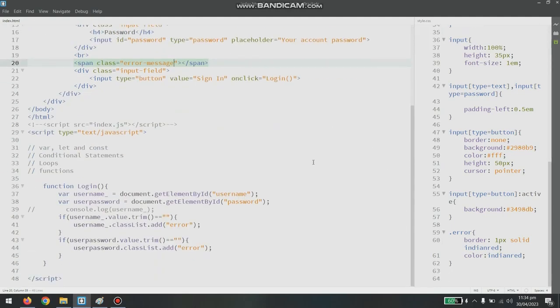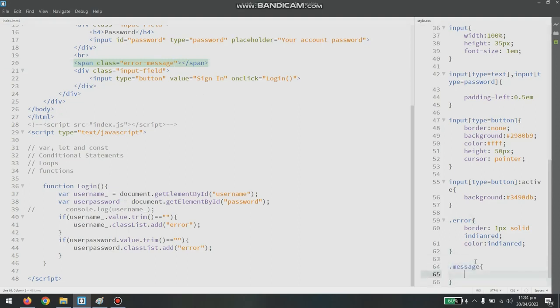By default, error message does not have any class, so let's call it ID, and the message will have, I think it's self-explaining, so message will have 5px padding and text align center. Let's for now keep it at center. Okay, so now